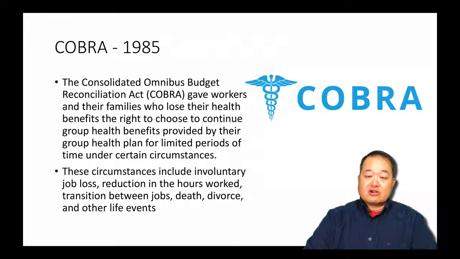Another important healthcare issue was this concept of COBRA. One of the issues that was plaguing the nation was that people who became unemployed or lost their jobs did not have medical insurance, because a lot of times their medical insurance was tied to the jobs they had. When they lost their jobs or became unemployed, they could no longer provide medical care for their families and for themselves. So what happened is that Congress and legislation put together this